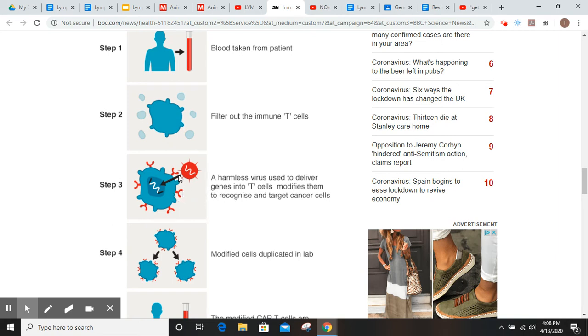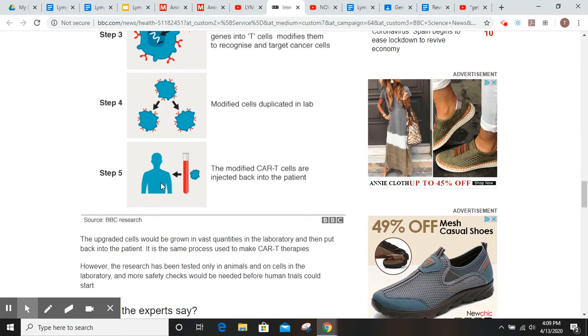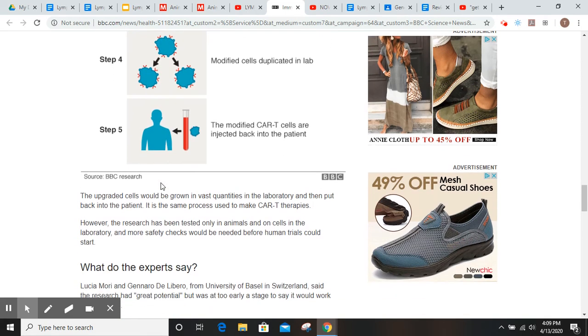So they end up growing T cells with receptors to specifically hunt out the specific types of cancer that they have, and then they can go through mitosis and duplicate them in the lab. Then they put these genetically modified T cells, trained up to recognize the specific type of cancer, back into the patient, and they go out and search out and kill the cancer, which is just